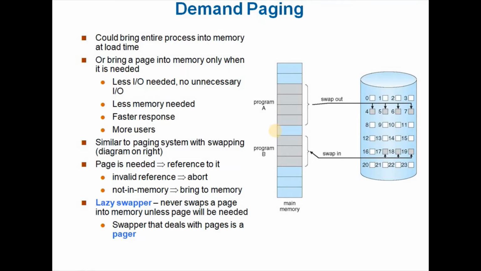And whenever the CPU requests a page, there will be a valid bit, which is also a reference bit. If it is an invalid reference, that is, the CPU requested a page which is not in the address space of the current process, then the process will be aborted. And if it is a page fault, it is a valid page which is not currently in the address space of the process, then the system needs to copy that page from the backing store to the primary memory.